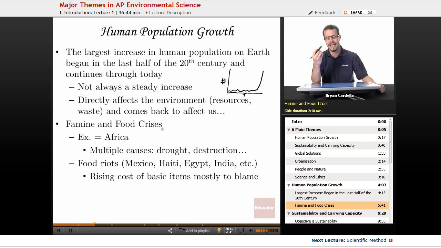Famine and food crises have to do with this rapid population growth. And depending on what region you're in on Earth, because of environmental reasons, the resources that are there, political reasons, the terrain, what kind of ecosystem you live in, it makes you more or less likely to have a famine or food crisis. So one of many examples is Africa. In certain parts of Africa in the 1970s, we saw just crazy malnutrition and death. In the 1970s, about 500,000 people starved to death in parts of Africa, and millions had malnutrition.